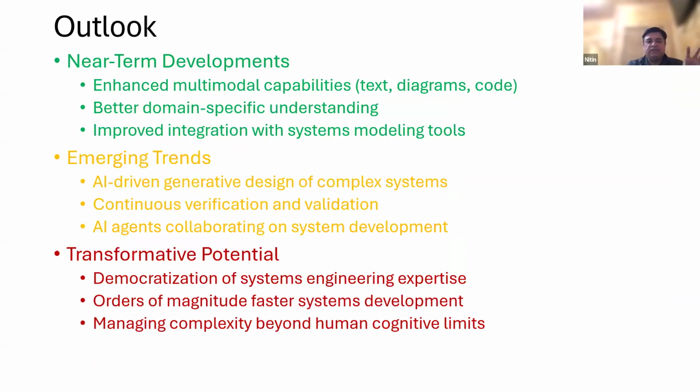All right, there's one thing I also want to talk about, which is the learn versus unlearn aspect of Gen AI, before we talk about the outlook. Learn aspect, I think everybody understands how Gen AI systems learn from the information we provide to it. But one important aspect to understand is that organizations change and evolve over a period of time. Mergers and acquisitions happen. When those things happen, the company policies and the structured engineering methodology change. As a result of this change, if an AI model is already trained on a previous set of data, it needs to unlearn. So LLMs provide us one flexibility called unlearn.